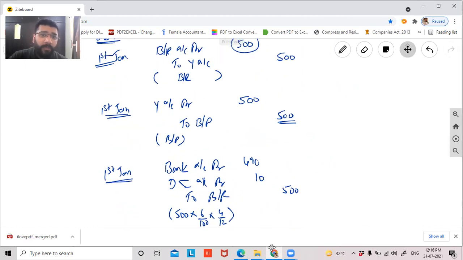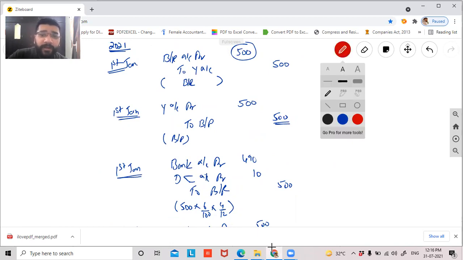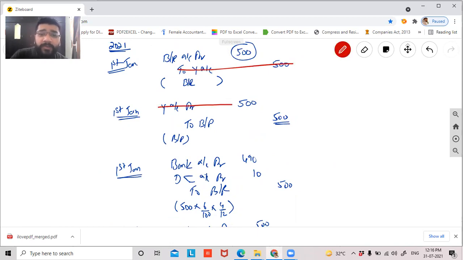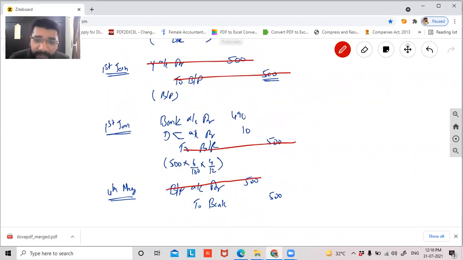Now guys, let's talk about first Y's account. Y's account is showing first a credit balance of 500. So Y credit, Y debit. So Y account is settled, guys. Then what is happening, guys? Bills receivable 500 debit, bills receivable 500 credit, settled. Bills payable 500 credit, and finally here bills payable debit, settled. So 3 accounts are created here, guys: bills receivable, bills payable, and Y. All the 3 are settled. Any problem in this?